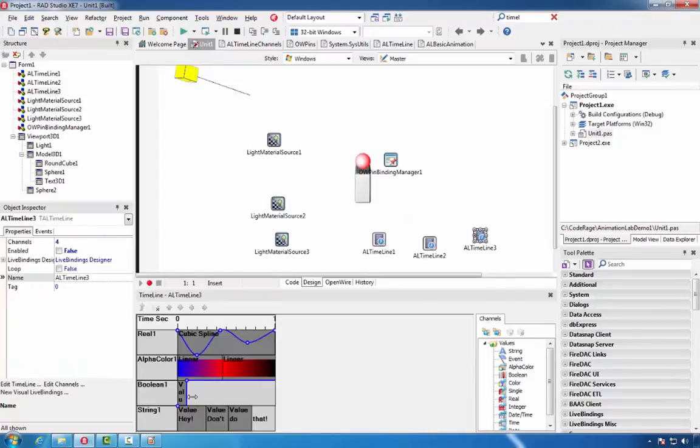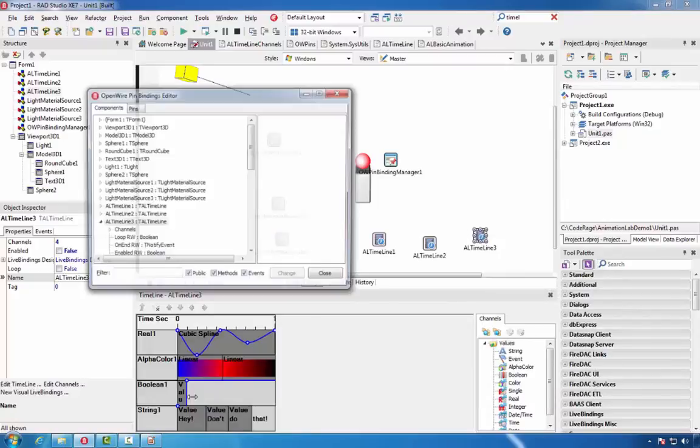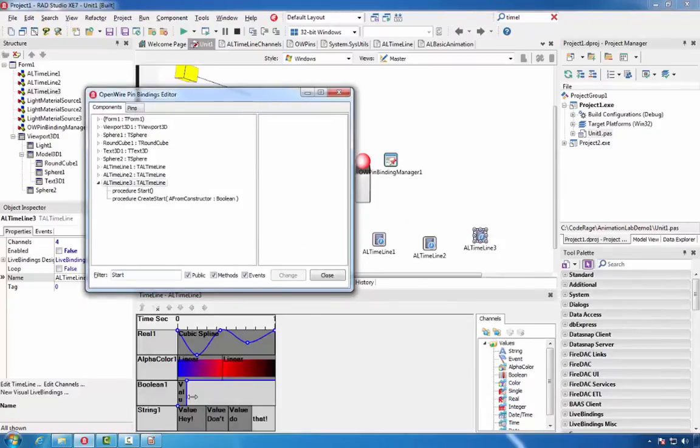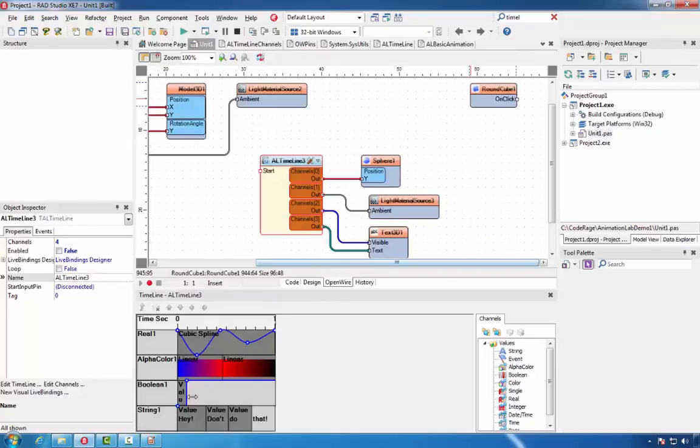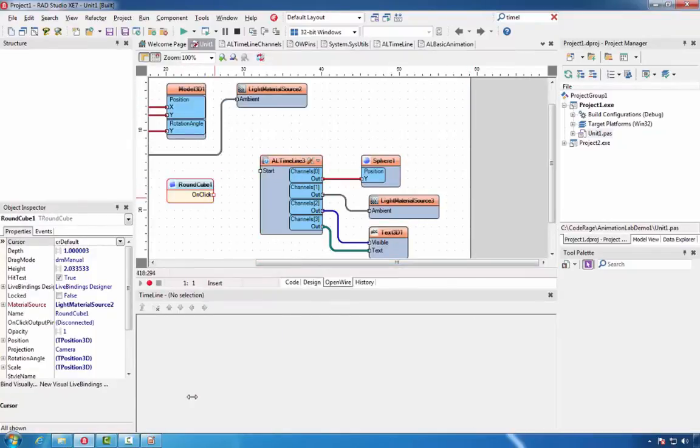We'll select the timeline, and again with visual live bindings, we'll add binding for the start function. In the OpenWire editor, we'll connect the two, and we'll run the animation.